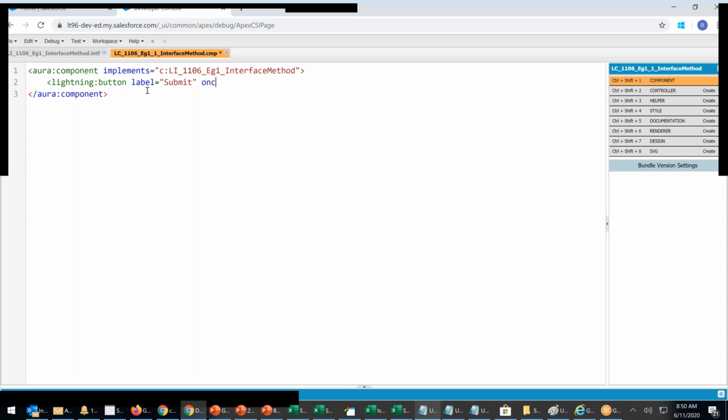On click, exclamation, c dot show. Whenever somebody opens this component, I'll have a button. When I click on the button, it will call show.